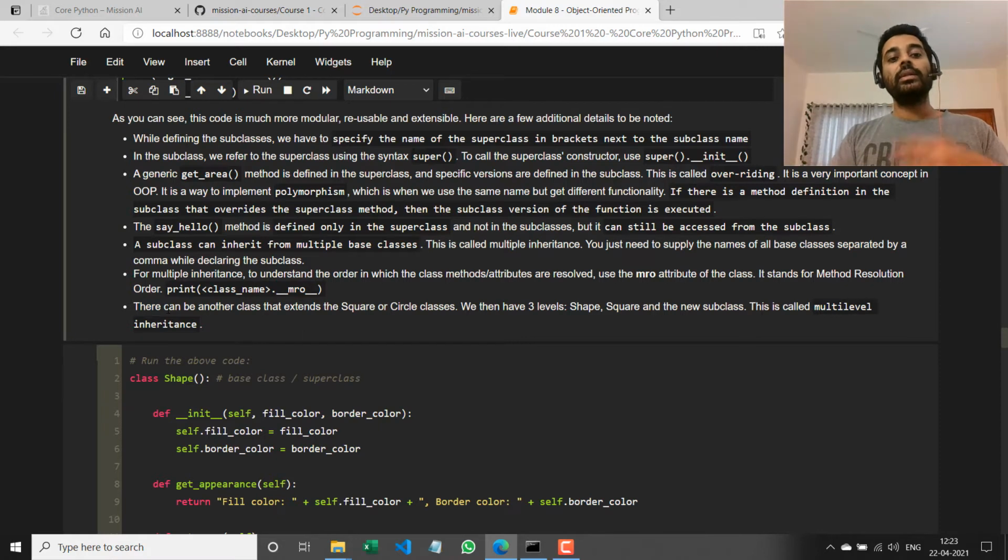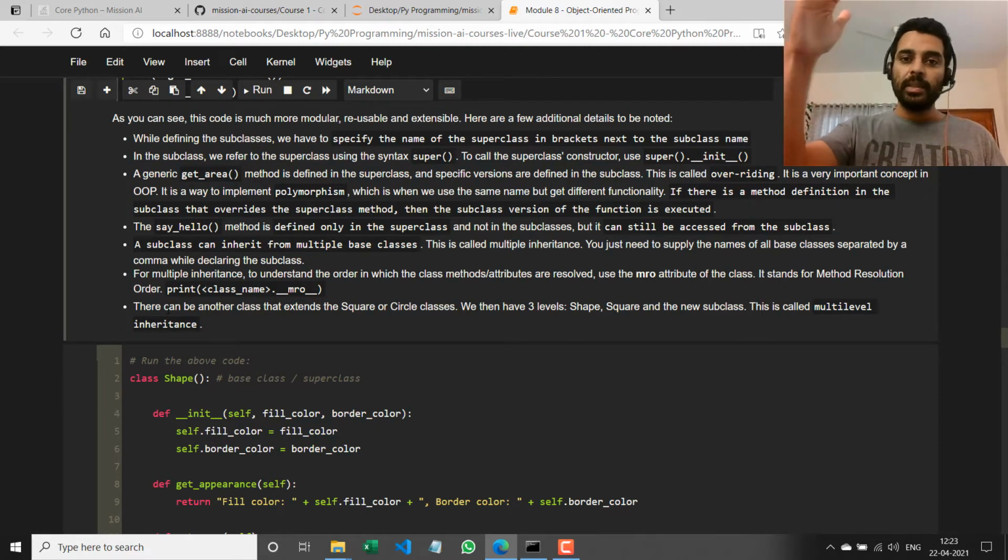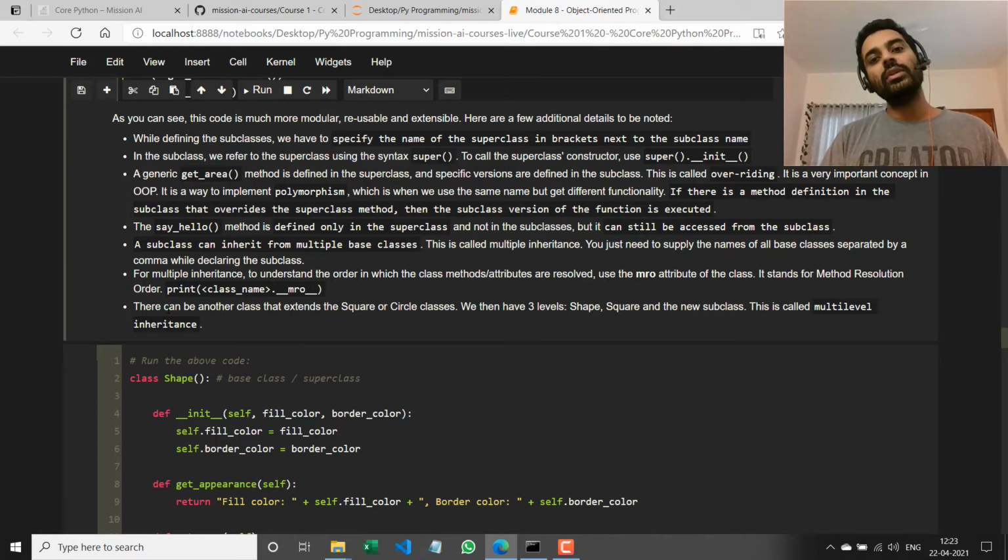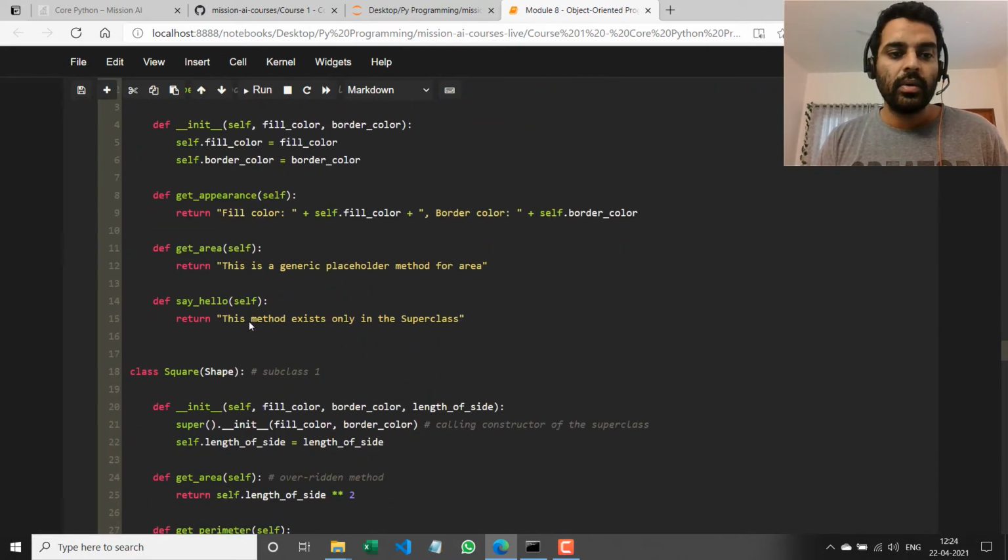So there could be another class that extends the square or circle classes, right? So then we would have shape at the top level, then we'd have square and circle at the second level, and then we'd have the new subclass below either square or circle. And that's what you call multi-level inheritance. Okay. So now running this code above,